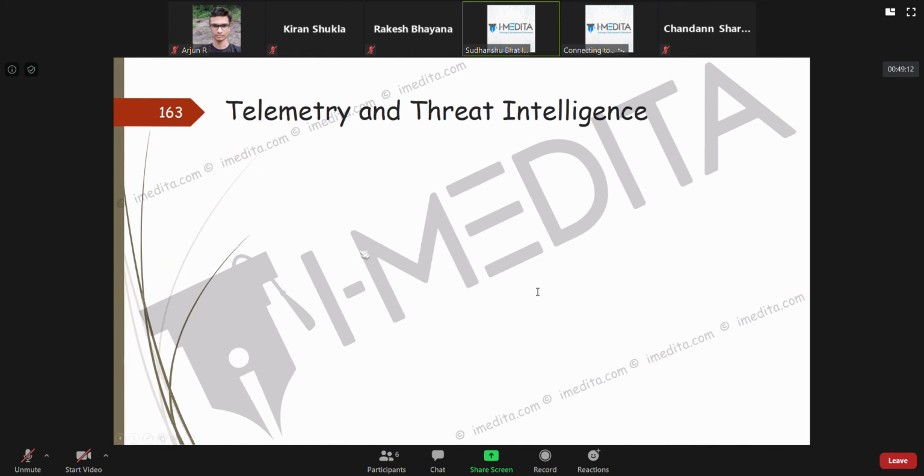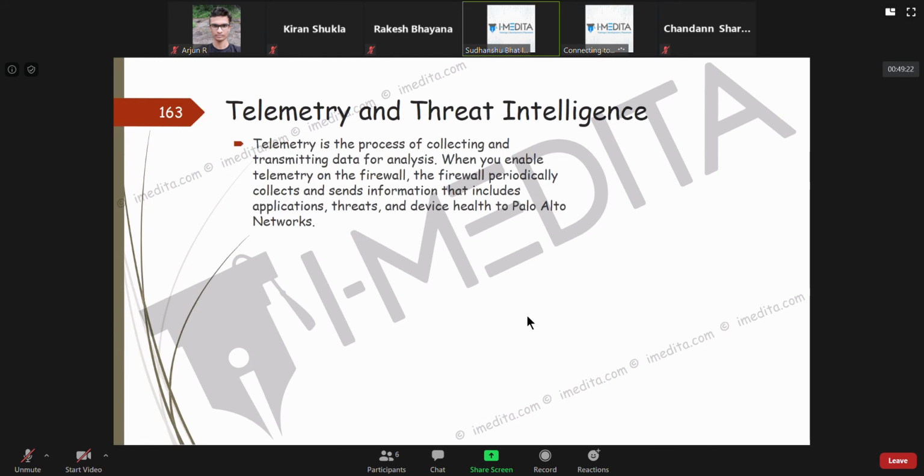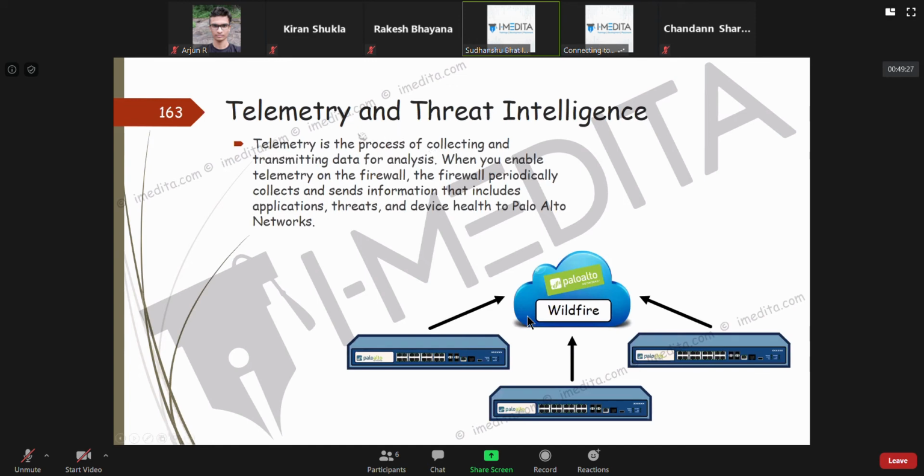Now there's an option of telemetry and threat intelligence. Like I told you, Palo Alto has taken a community approach towards network security. If you enable telemetry and threat intelligence, the firewall will periodically collect some data and send that to Palo Alto's cloud, where they get to know more about what kind of threats people are facing.